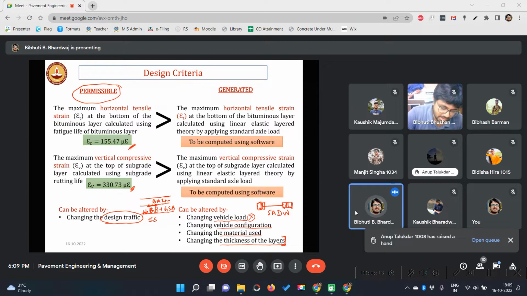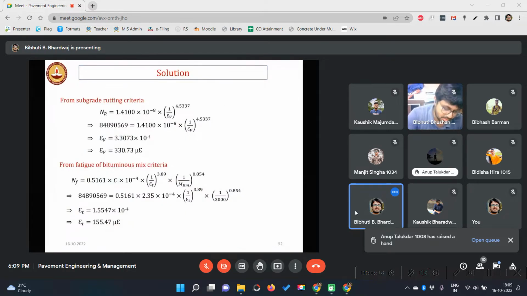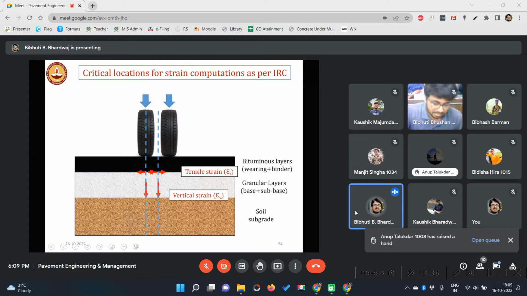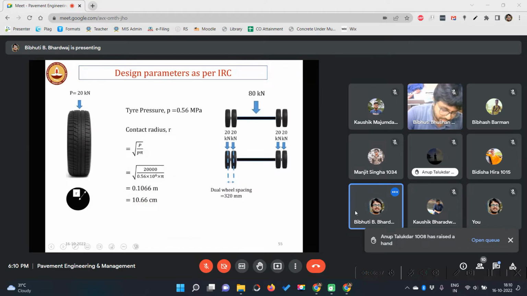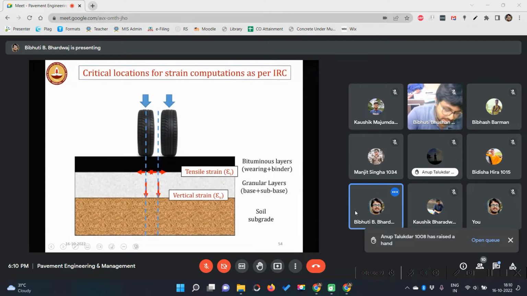So this permissible strain at these two interfaces we have already calculated using these two formulas. So this gave you your vertical compressive strain, and this gave you your tensile strain, right? So we got this as 155.47 and 330.73 microstrains respectively. Now, if you see here, basically, as per IRC, there are two critical locations. Like if you see,